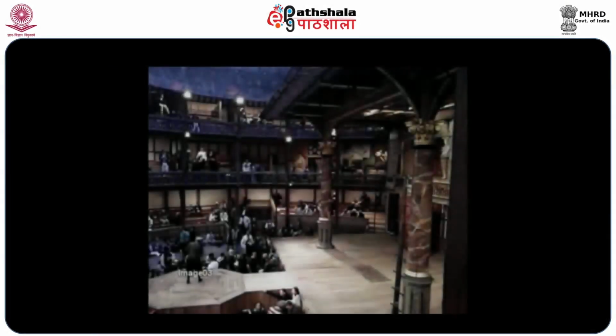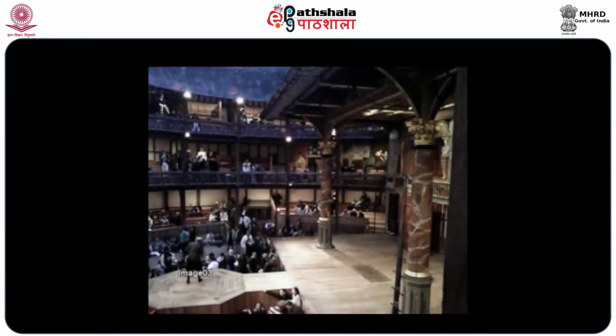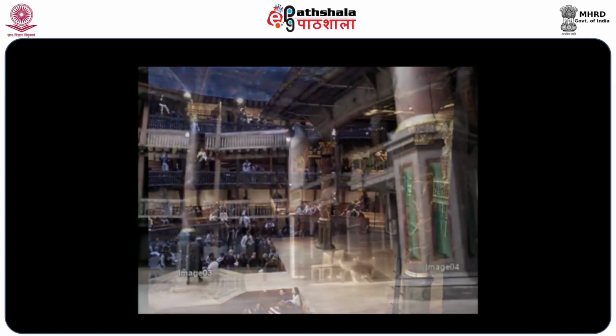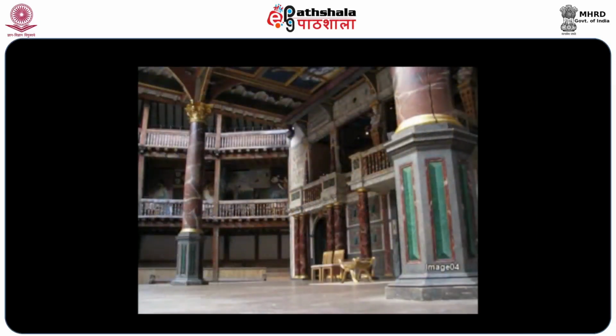This arrangement made for little opportunity for scenery. There were some conventions that were used for scenery, like occasionally an actor would bring a limb of a tree on the stage to convey to the audience that the action occurred outdoors, or a banquet table was brought in from the stage house to indicate that the action was taking place in a banquet hall.